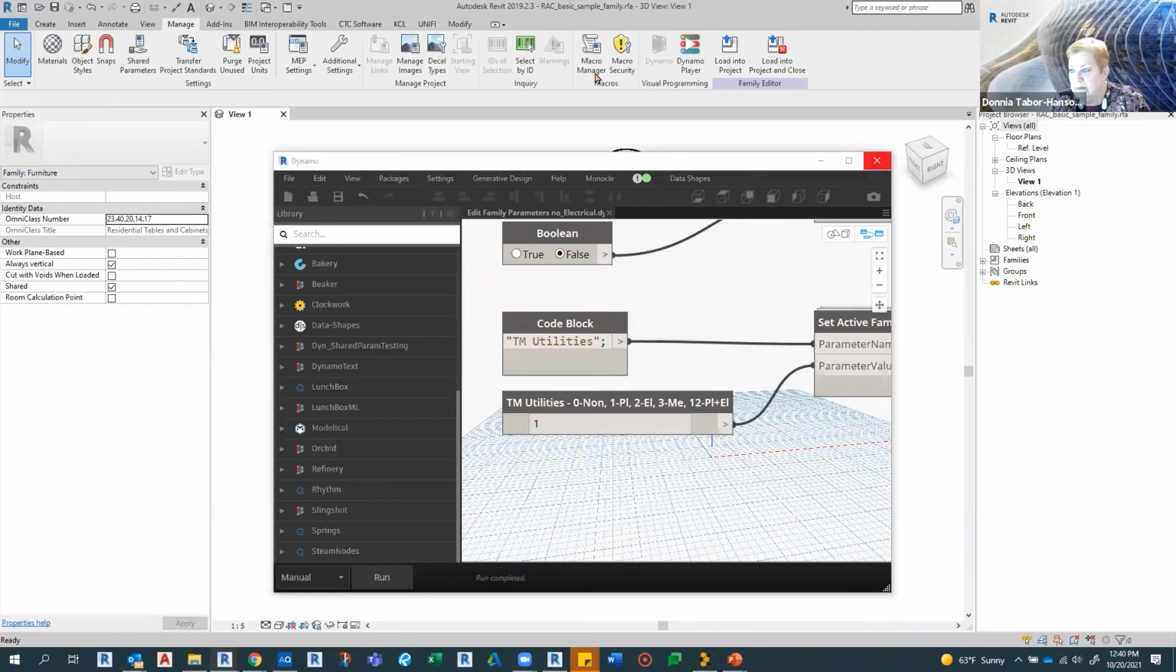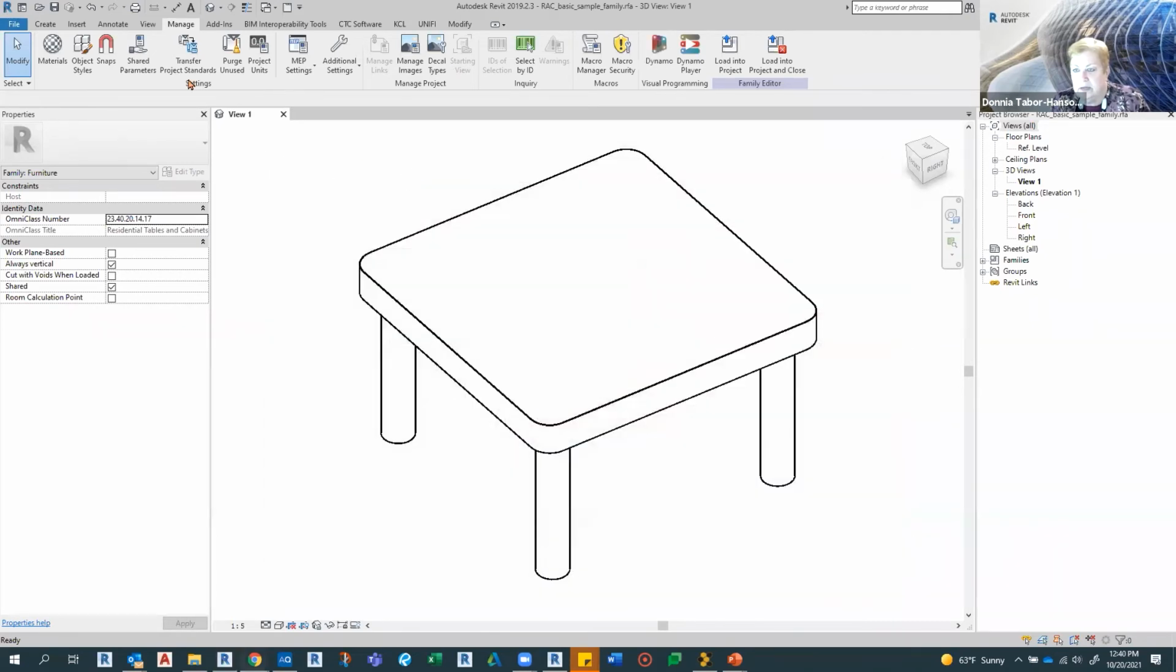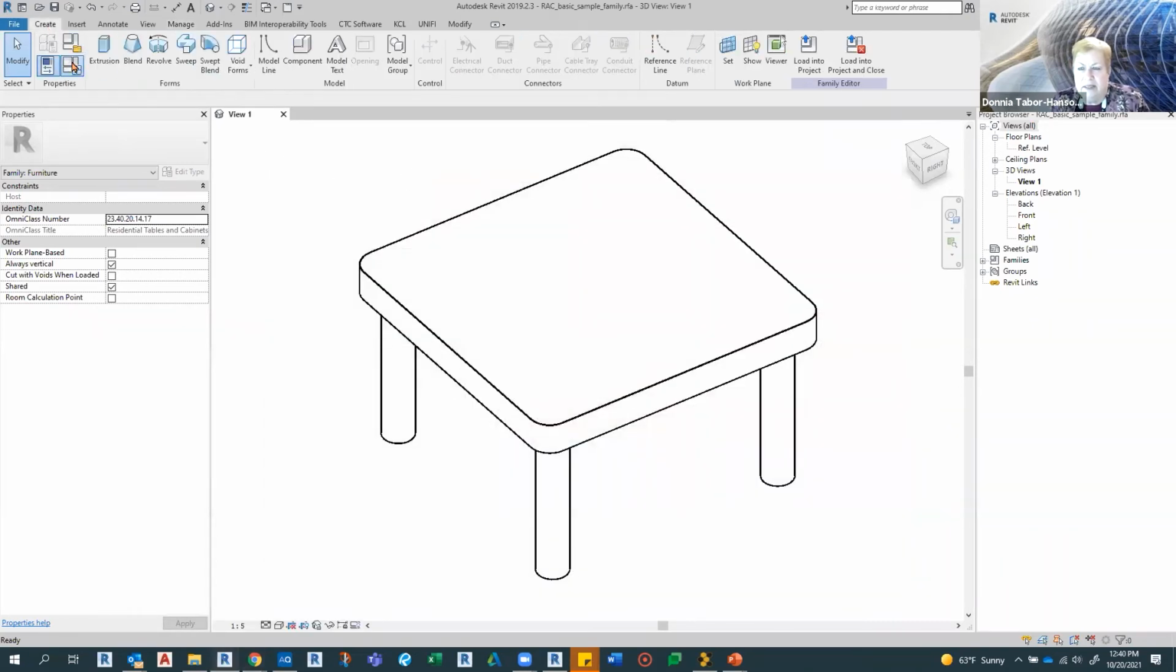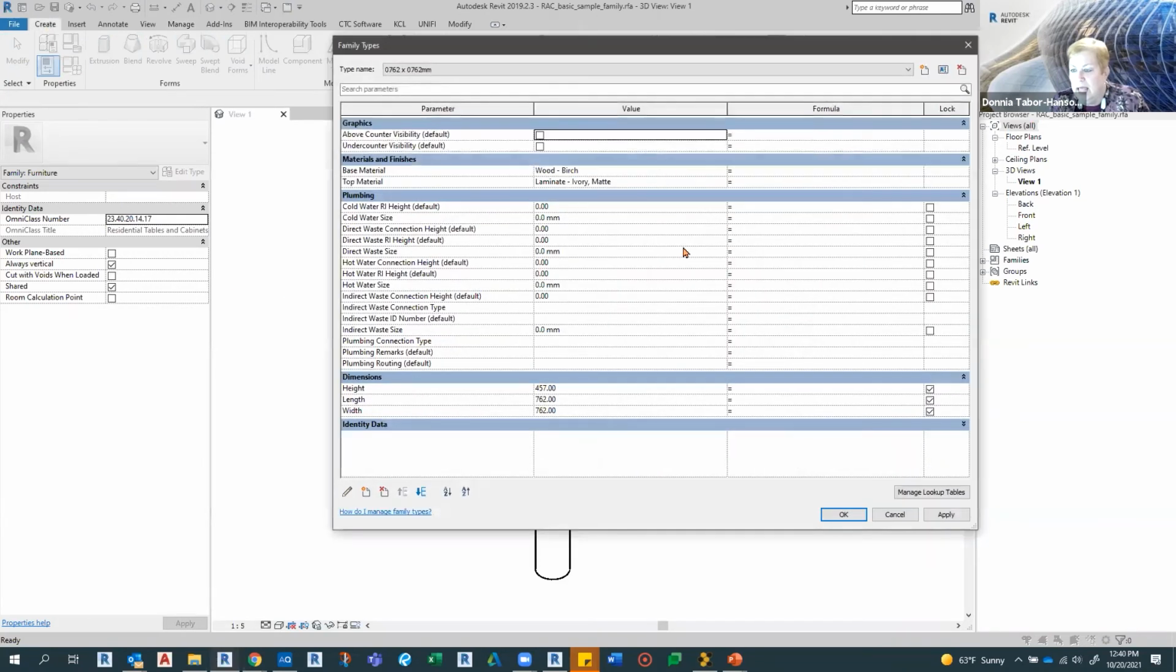And my run is complete. No, I don't want to save changes. So now here I can look at this stool. And this stool has the cold water, the direct waste, the hot water, the indirect waste, the plumbing connections, plumbing remarks. And under my